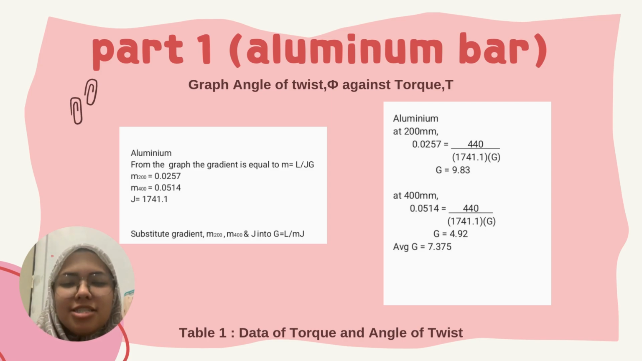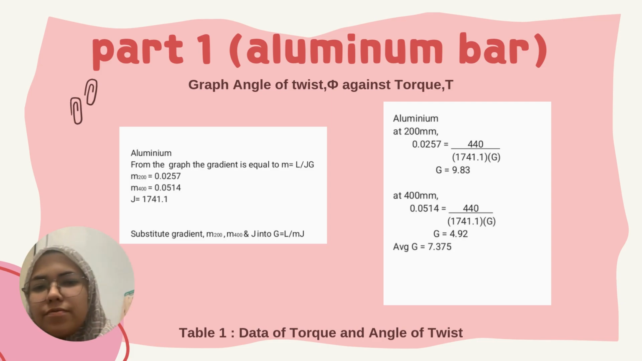Assalamualaikum, my name is Hana Delisha and I will be explaining the calculation in results. So for part 1 in the aluminium bar, it is shown in the graph that the gradient for 200 mm is 0.0257 and for 400 mm is 0.0514, and the J is 1741.1, and so we can find the